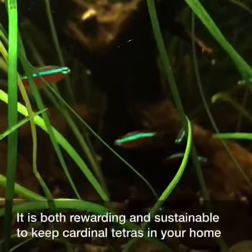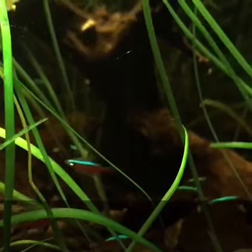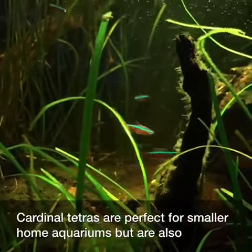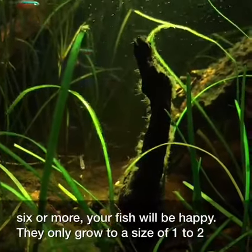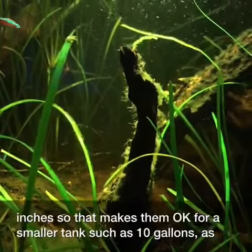It is both rewarding and sustainable to keep cardinal tetras in your home aquarium. Cardinal tetras are perfect for smaller home aquariums, but are also wonderful in large aquariums in larger schools. As long as you keep 6 or more, your fish will be happy. They only grow to a size of 1 to 2 inches, so that makes them okay for a smaller tank,